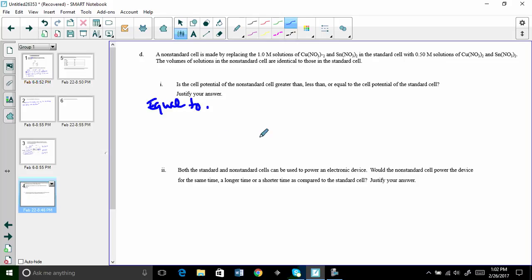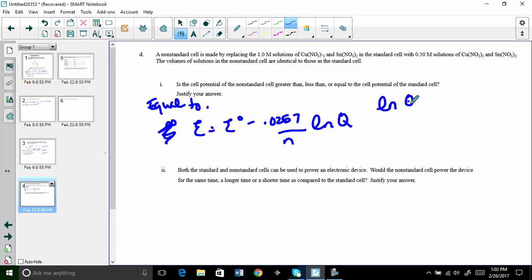Why? Because E equals E naught minus 0.0257 over n ln Q. Let's just talk about ln Q. ln Q is